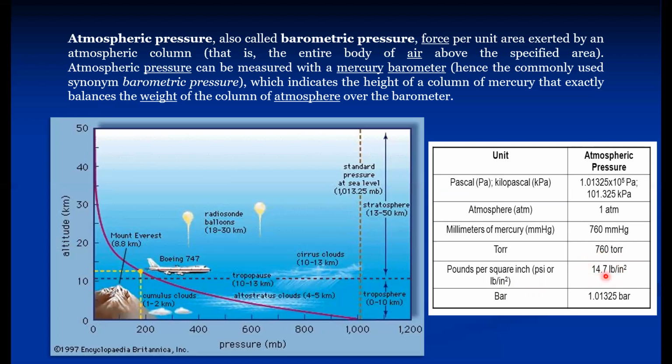Generally, these values are required because in commercial units, suppose the inflation of a tire, most of the commercial gauges are in PSIs. Even in our tire, the pressure is around 32, 35 PSI. So it's just about 2 bar, that is 2.2, 2.3 bar. So 14.7 PSI we have to convert into bar. So 1 bar is equivalent to 14.7 PSI, and 1 atmosphere is nothing but 1.01325 bar. So these are the values of atmospheric pressure.